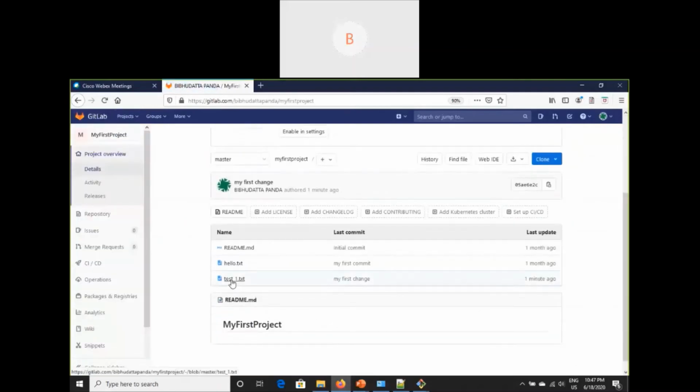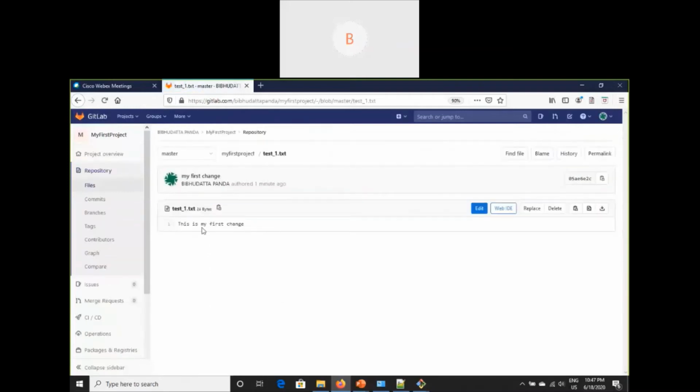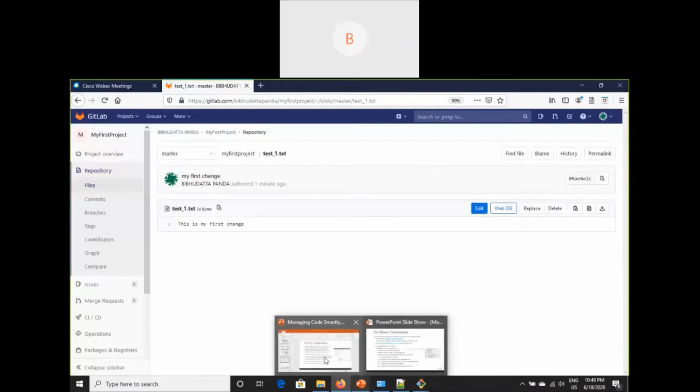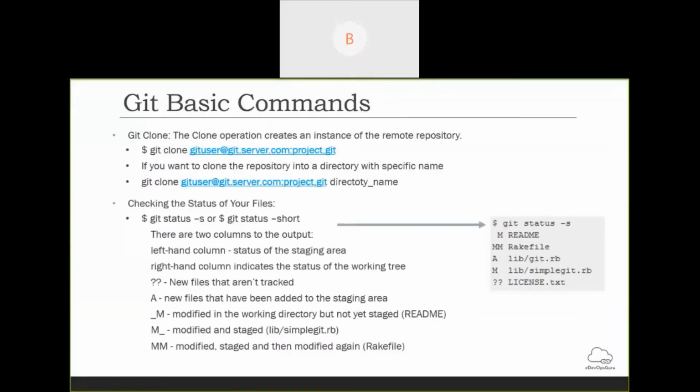If I open it, I can see the test1.txt file, and if I open this file, this is my first change. I have pushed the changes to the remote repository. Now whoever the developers or team members have access to this repository can easily see these changes using their GitLab account.